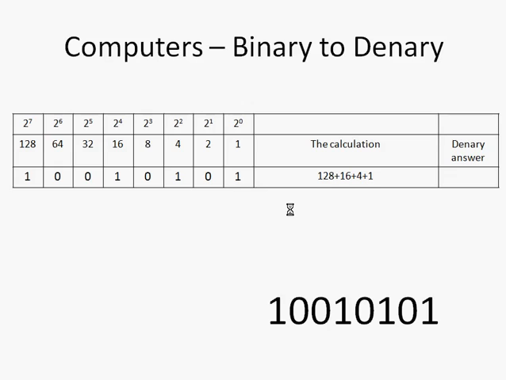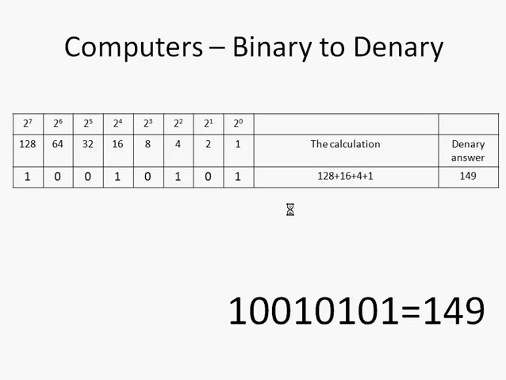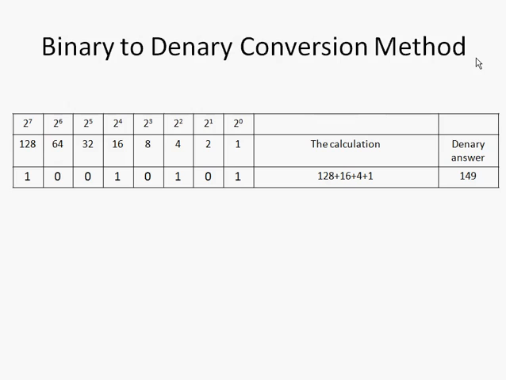So we end up only using 1 to 8, 16, 4 and 1. We add all those together to get our answer of 149. I'm going to show you a little bit of an easier method, I think, and this is the way I